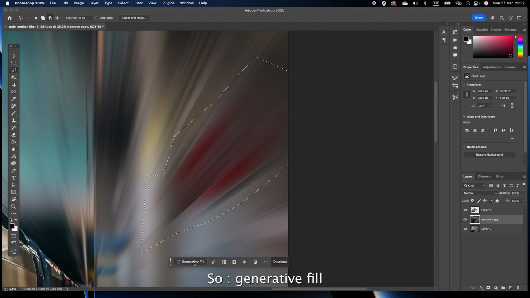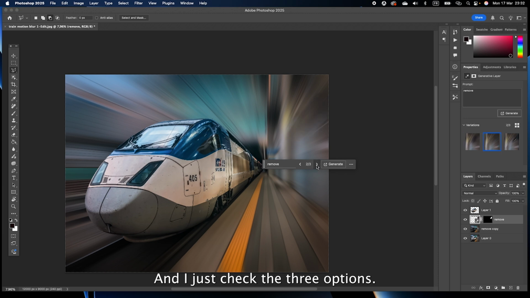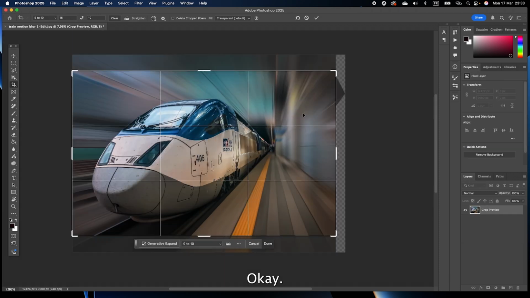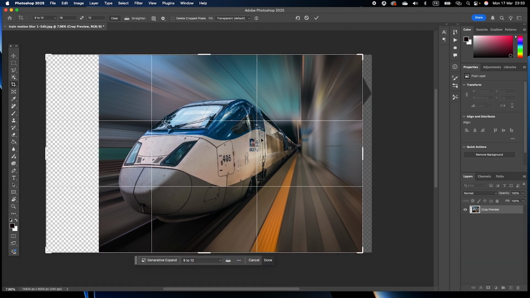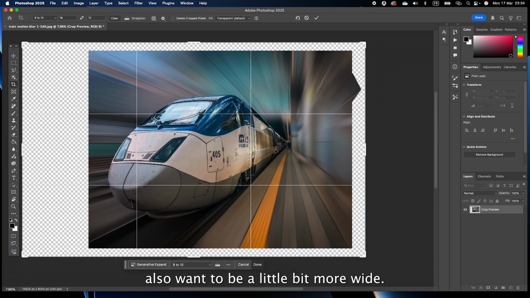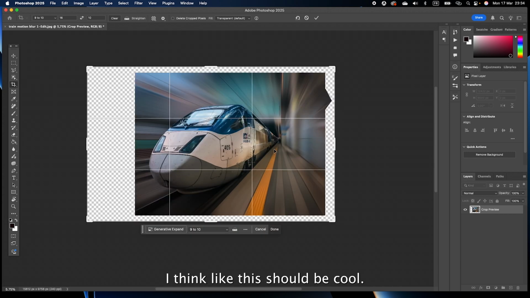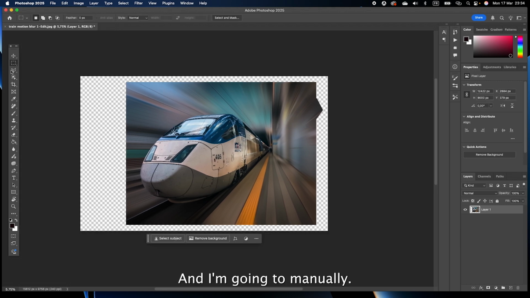So generative fill, remove, and I just check the 3 options. This one or this one is the one which attracts the eyes the least. Okay, and mostly I want the image to be more like this, and I also want it to be a little bit more wide. I think like this should be cool, and I'm going to manually